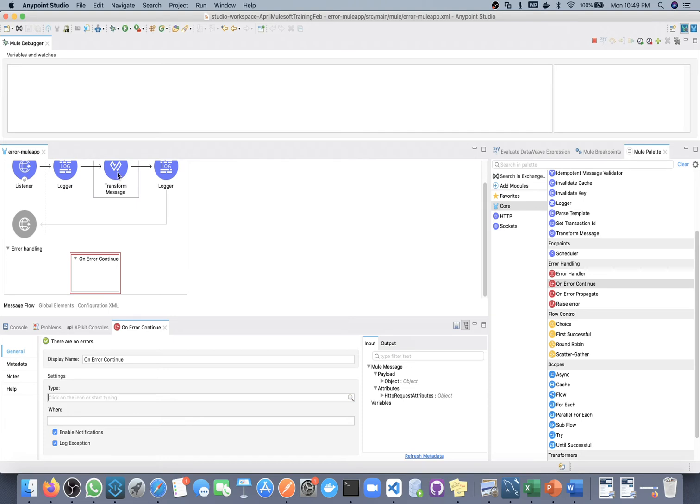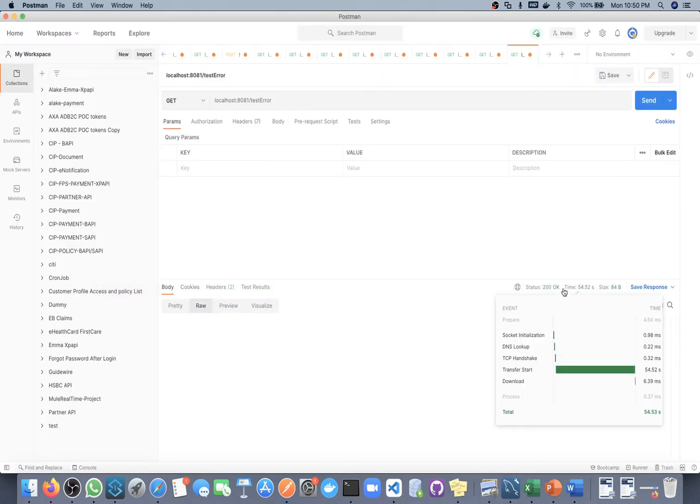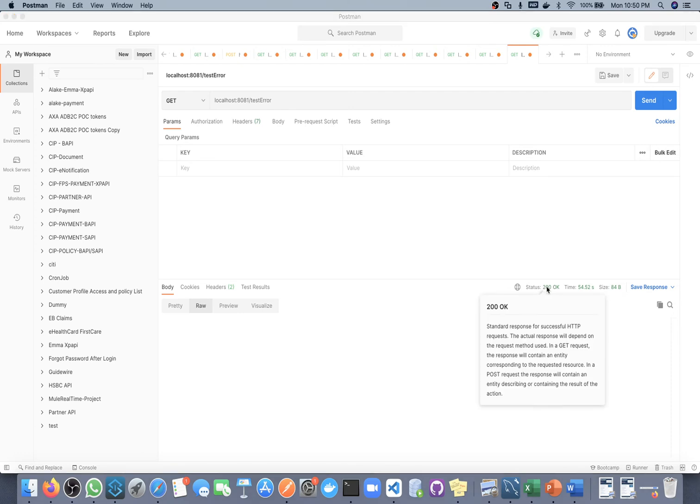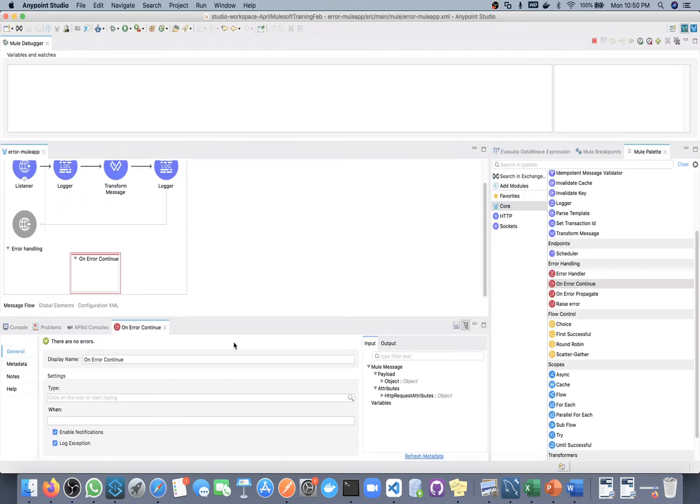Okay, so what happened after this, our flow went here. Since we haven't defined anything, this flow just completed and it sent the response here. But first we will see what behavioral change we got if we are using a blank on error continue. You can see here, even though our flow failed, we are getting 200 success, and in the body we are getting blank.